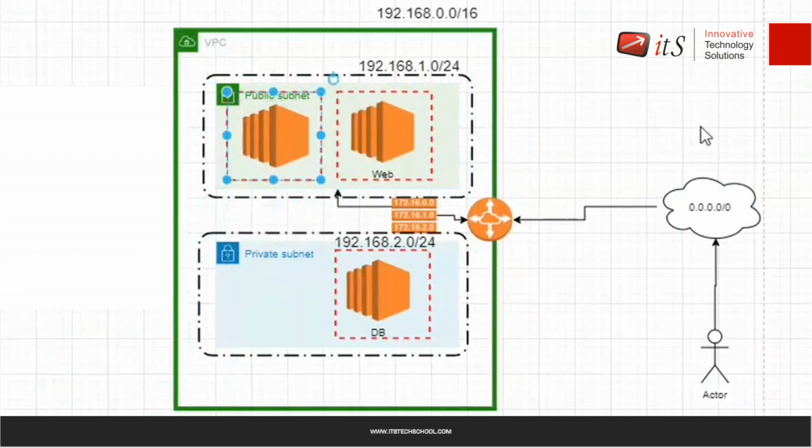A jump server is any kind of server where, whenever you want to get into a private network, you first have to access that particular jump server. After getting remote access of the jump server, then you can access the web server and the DB server, right? Because web and DB are in the private network. Both have ports open only in the private network.